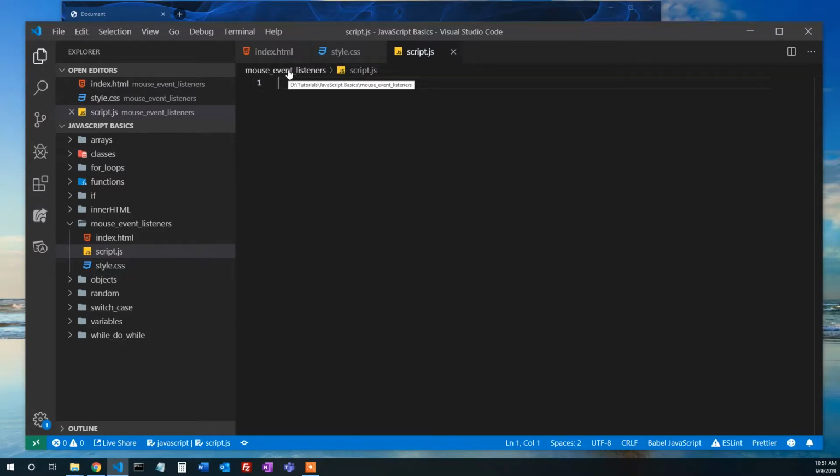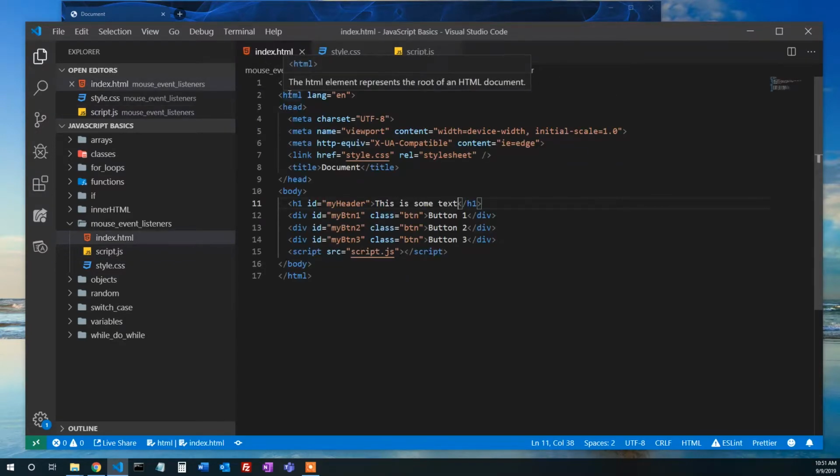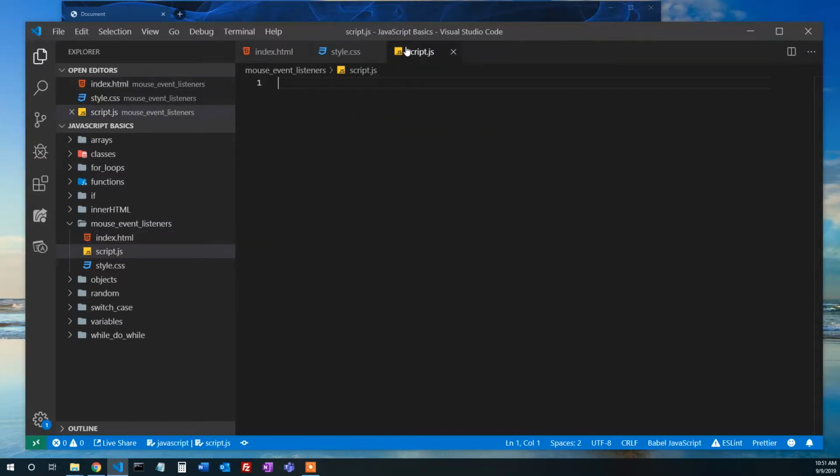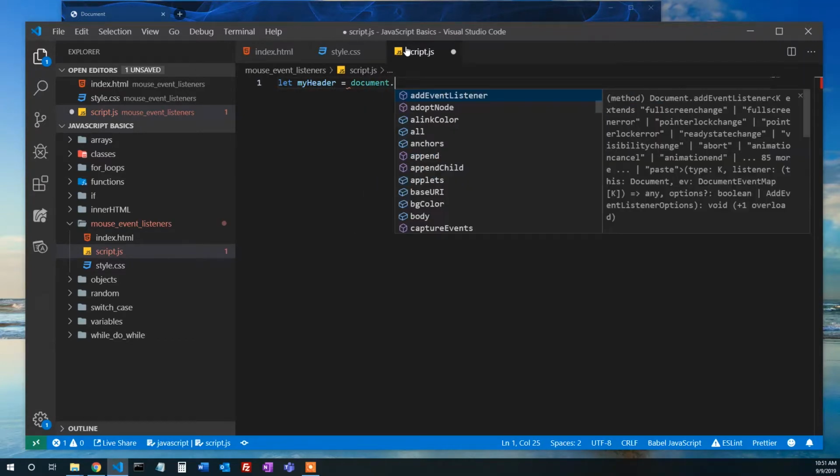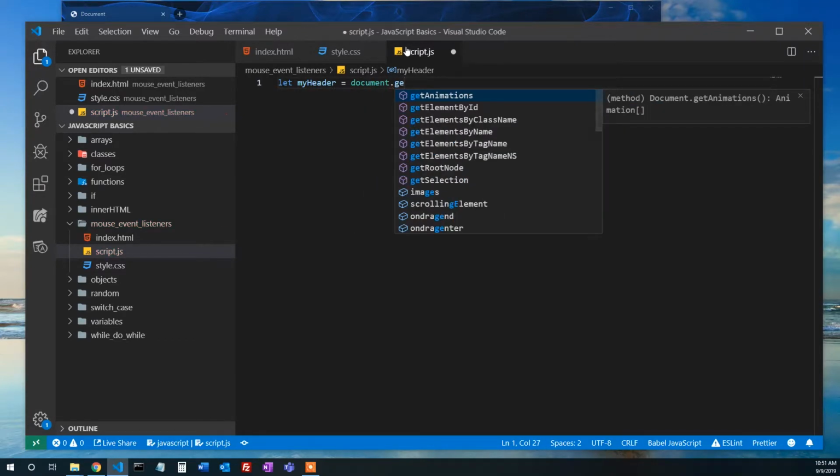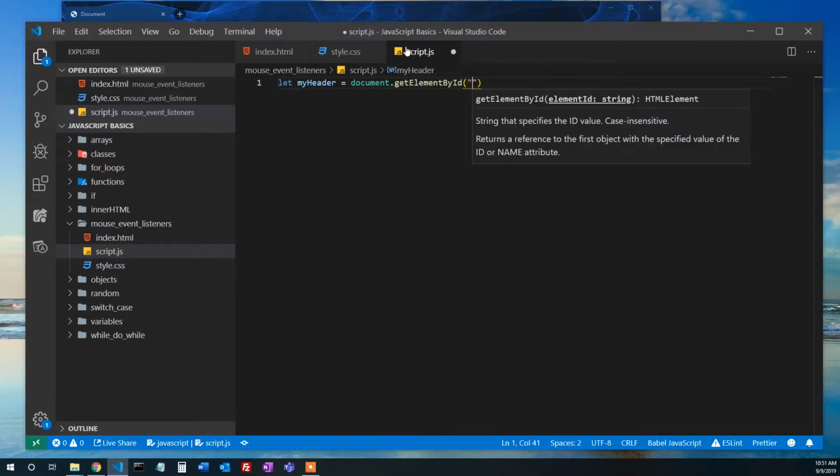let's make it easier to target these so that we're not doing document.getElementById every time we want to use these. Let's go ahead and create some variables to hold them. So we've got my header, my button 1, my button 2, and my button 3. So I'm going to say let my header equal document.getElementById